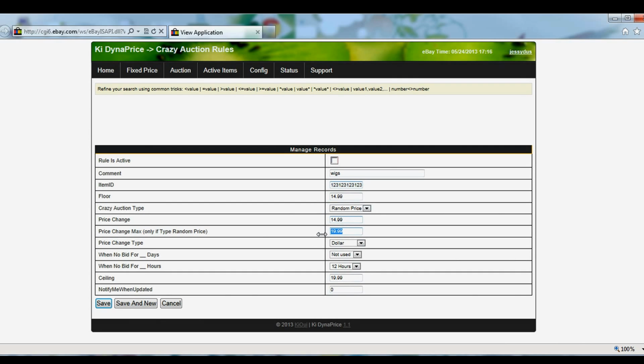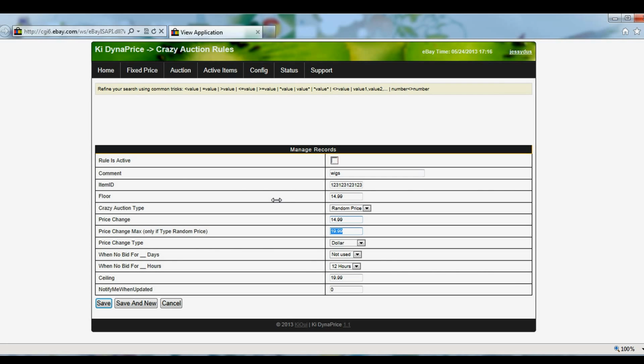Might be higher, might be lower. And this is one of the reasons why we call this the crazy auction, because it can drive your buyer crazy. I've actually had some buyers call me or email me and tell me, well, the price was below and now it's higher. And I tell them that I actually use this application, and every 12 hours, the price is going to randomly change. So what it does is people start to watch my item, which gets it higher in